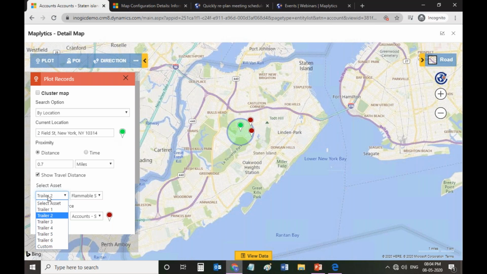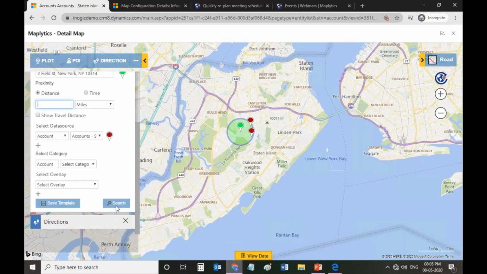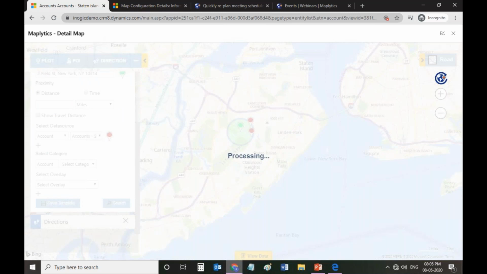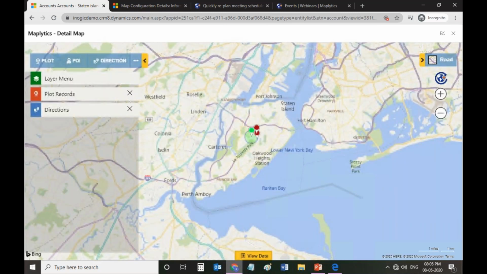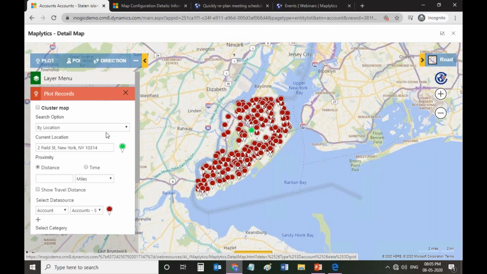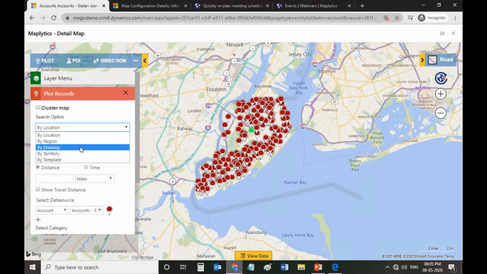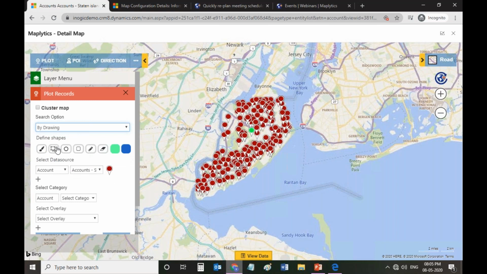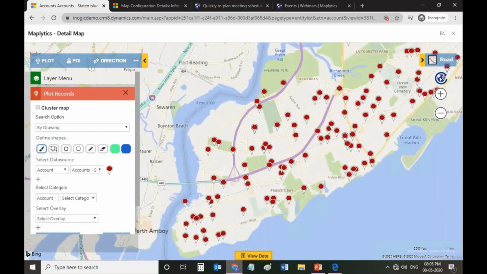So this was the third feature, and coming on to the fourth feature that we have listed for today, which is the auto scheduling. So let me just remove this, and I'll quickly plot some data. So as I told earlier, auto scheduling is an advanced version of the routing optimization that we have. So let's say you have a set of data that you want your salesperson to follow and meet them in order to convert them as the customers.